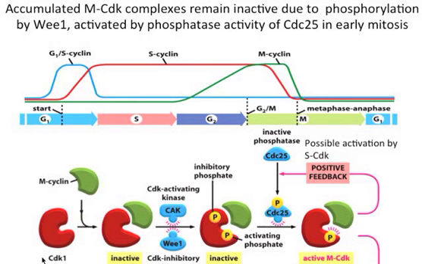Whenever I'm putting together a lecture, I get myself so bogged down with details, because I'm always thinking, what questions are my genius students going to ask me? So I was asking myself, how does CDC25 get activated? If CDC25 removes the phosphate group early in mitosis to activate MCDK, there's got to be some way to activate CDC25, and it's activated by phosphorylation. It must be by a CDK, and I was trying to figure out which CDK is activating it. The book said it's not really known, but it's possible that it's SCDK,